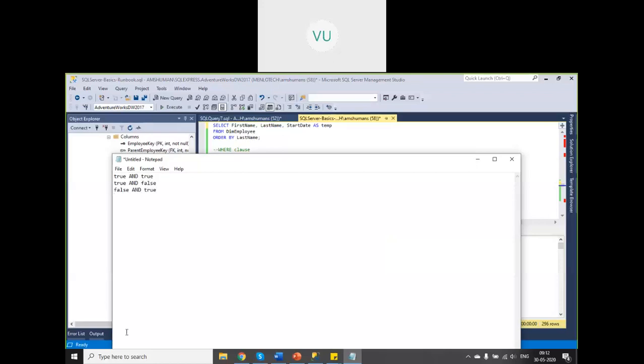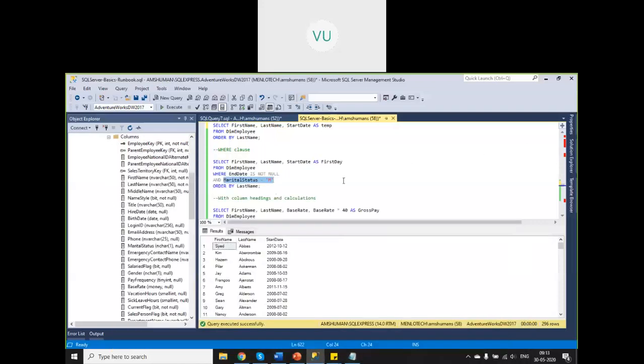So if you have two options, four combinations will be there: true and true, true and false, false and true, and false and false. Right. So when both Boolean values are true, only then the resultant value is true. When any one of these is false, then the overall result is false. Right. So this is false. This is false. This is false. So that is how the Boolean statements, the logical statements, are executed.